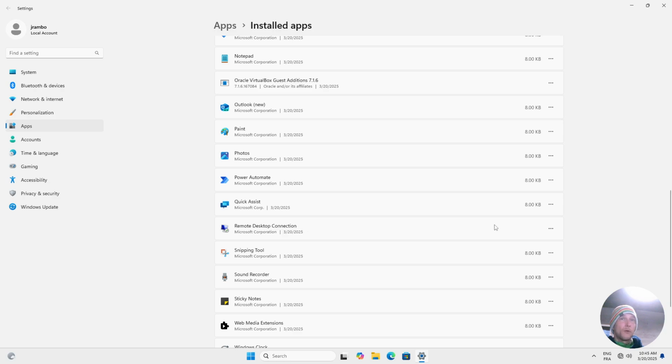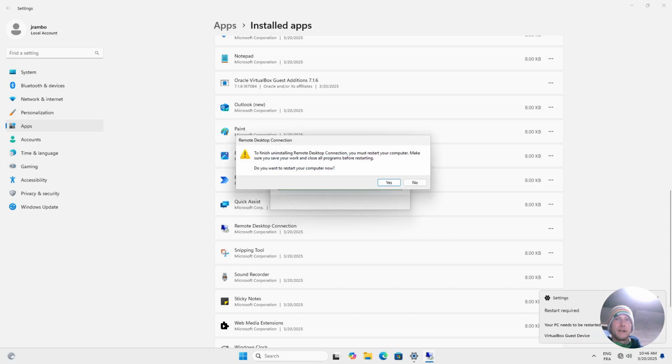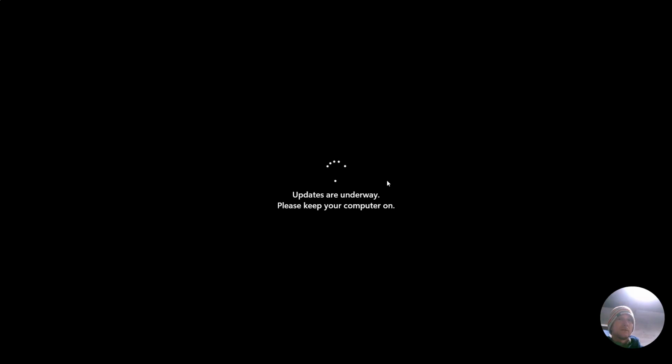Remote desktop connection. If you don't use RDP, if you don't want anybody to log in, or you don't want to log into any other computer, you can actually uninstall this one as well. So uninstall remote desktop connection. It's gonna be uninstalling RDP. So you cannot remote in with this into another device, and it's gonna be restarting later on. Okay,